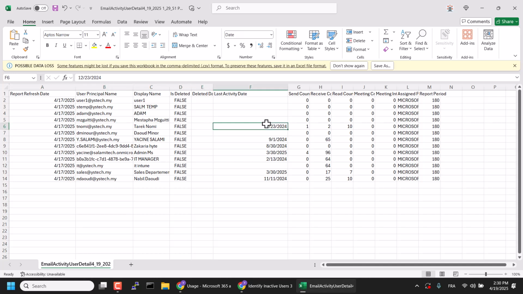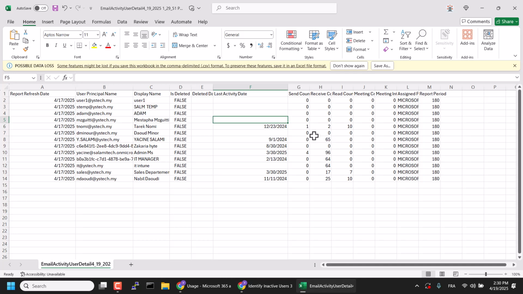Normally, his last active date on Exchange and Outlook is the 23rd of December of last year. As you can see, he received 2 messages, read 10 messages, and so on. So that's effective.